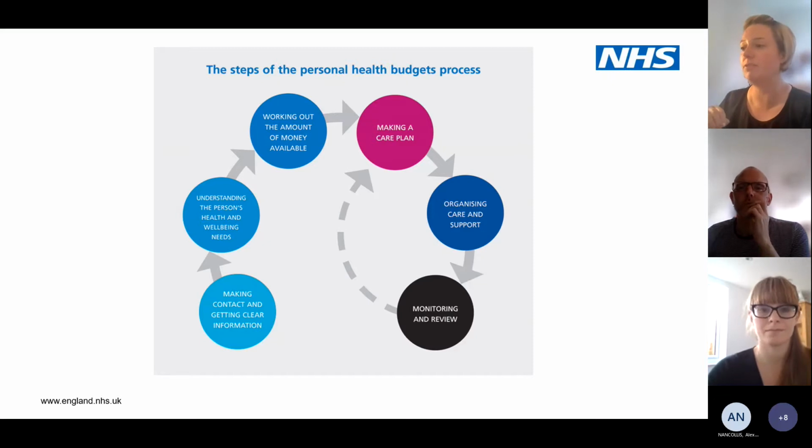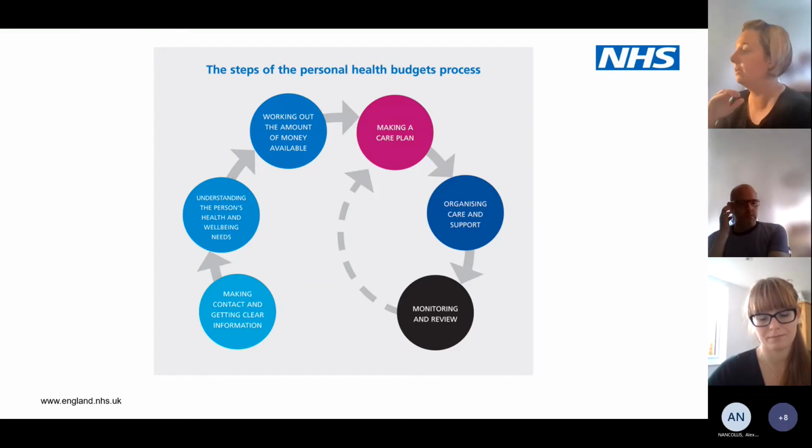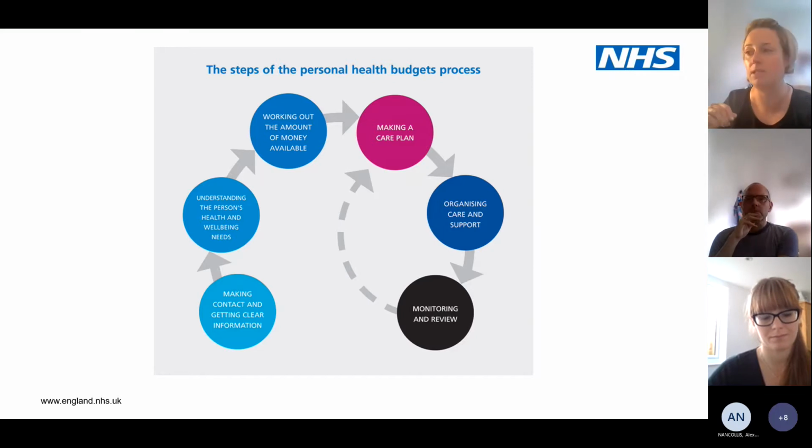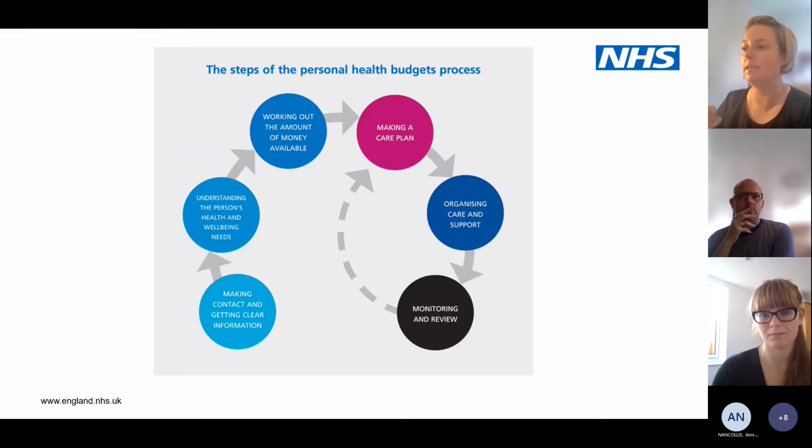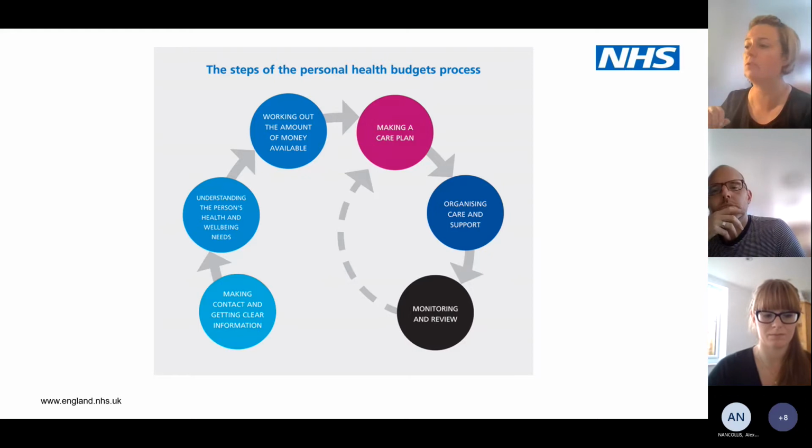process. And this is a series of facilitated conversations in which the person or those who know them well actively participate to explore the management of their health and wellbeing within the context of their whole life or family situation. The process recognises the person's skills and strengths, as well as their experiences and the things that matter most to them. It addresses the things that aren't working in the person's life and identifies outcomes and actions to resolve them. So the next step is around organising the agreed care and support. And finally, monitoring and review, which includes both the outcomes for the person and financial monitoring if the person is